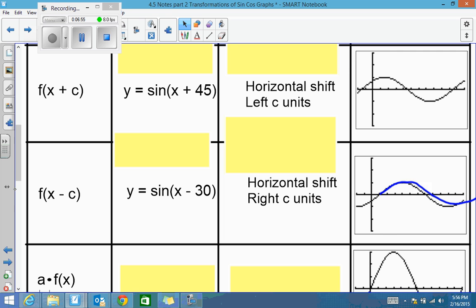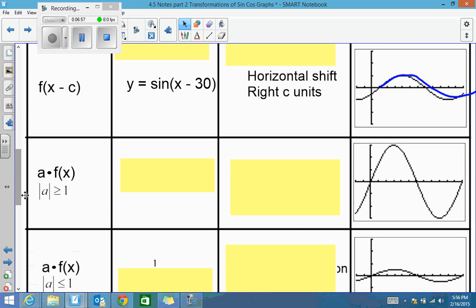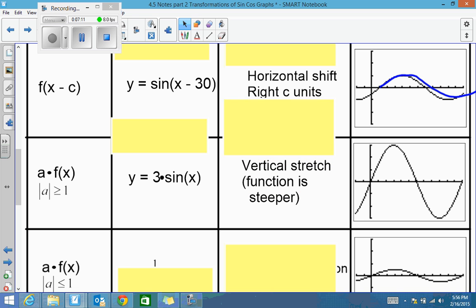If we look at the a value, which we call amplitude, that is multiplying a number by the function. So for instance, we have 3 times sine of x. So now we have an amplitude, so a equals 3 gives us an amplitude of 3. What that means is that we can think of that as a vertical stretch, or making the graph taller by 3 units, or by a factor of 3. So rather than just going up 1 and down 1 like the original graph did,